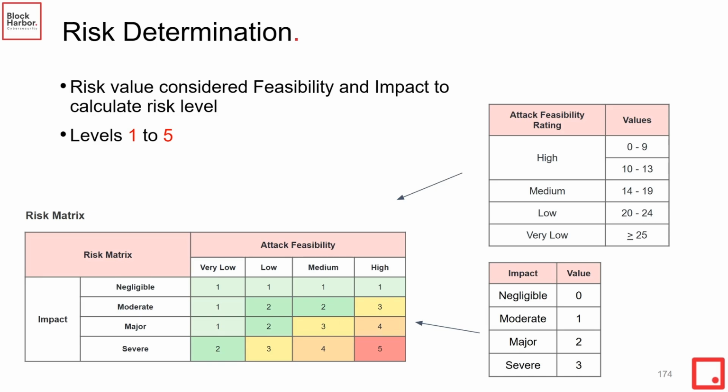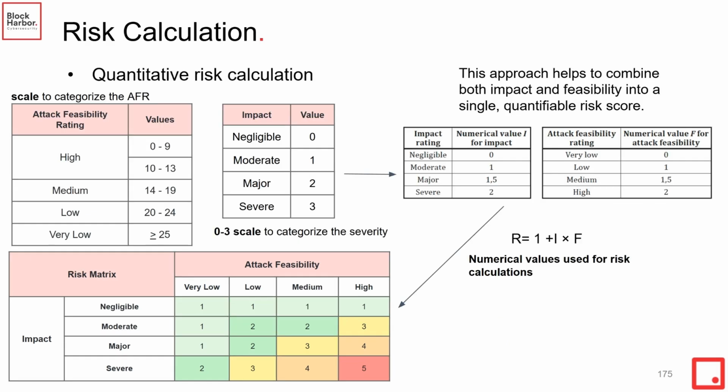These tables are translating the attack feasibility levels and the impact severity. In the standard, we also have another approach to doing so using a numerical scale. Here we use a quantitative approach to risk calculation. The impact and feasibility are quantified, with impact using a 0 to 3 scale and feasibility with its own breakdown of values based on the summation of each feasibility category, which allows us to categorize the severity of potential